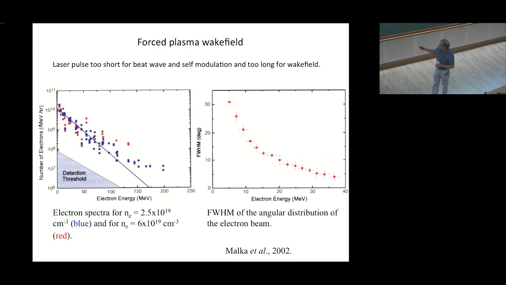There's still nothing of real interest to people who are wanting to produce beams of particles. These are just very high energy particles that are being pulled out. You get up to about 200, and I think probably the record is about 400 MeV. This is work that was going on just around the time before chirped pulse amplification lasers became